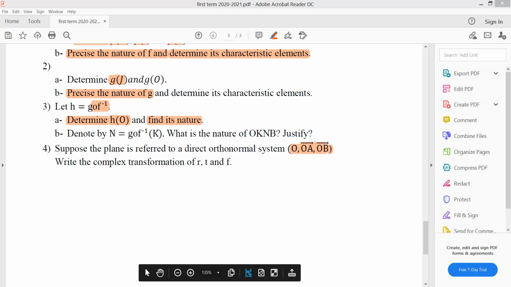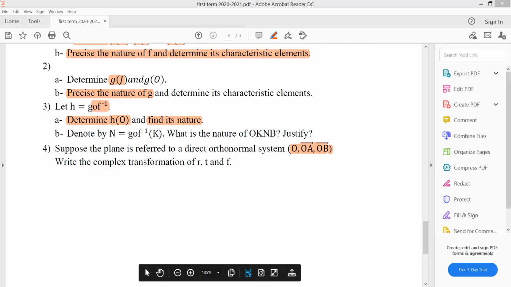I know that the angle of the rotation is pi over 2, then A equals e to the i pi over 2, equal cosine pi over 2 plus i sine pi over 2. Cosine pi over 2 is 0, sine pi over 2 is 1 times i, we get i. So Z prime equals iZ plus B. To calculate B, I know that